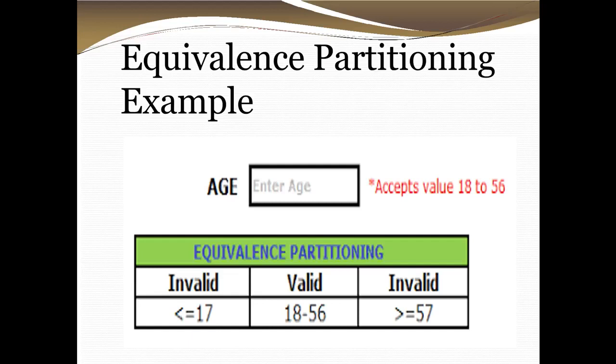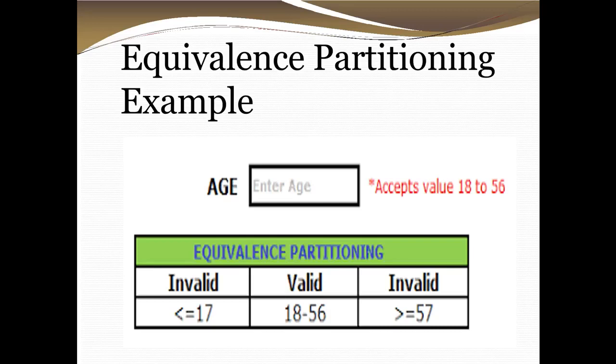Now let's take an example of how equivalence partitioning actually works. Consider that we have a test field for age, which ranges from 18 to 56, so we are going to enter values from 18 to 56. This age field is going to accept these inputs. Here we make the partitioning as valid and invalid. We put the valid input range as 18 to 56. In the invalid partition we put values less than or equal to 17, that is the first invalid range, and the second is greater than or equal to 57. So these are the two invalid ranges we are going to have.